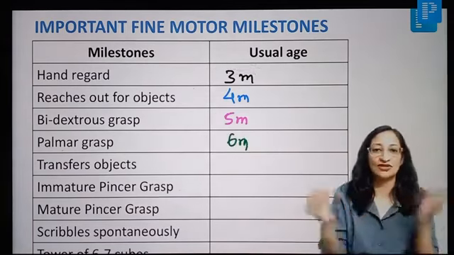Right. Now some important social milestones. Social smile comes at around 2 months. Some books say 3 months also. Around 2 months, 2 to 3 months. Mirror play 6 months. Stranger anxiety: the child gets anxious on looking at strangers at 7 months. Waves bye bye, again a very important favorite milestone in the MCQs. It comes at 9 months. Plays peekaboo. So peekaboo, when does a child play peekaboo? Around 10 months of age.